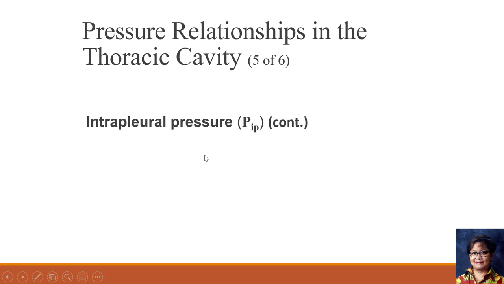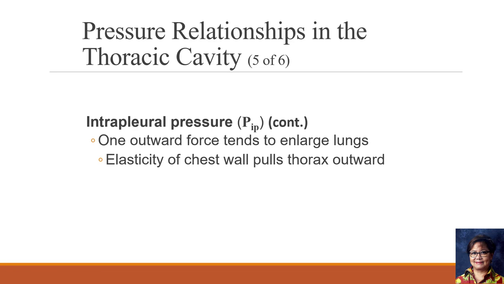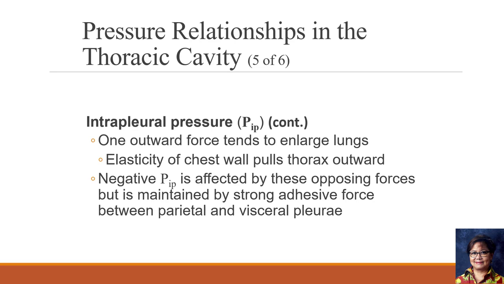So the intrapleural pressure, or the PIP, is the outward force that tends to enlarge the lungs. Elasticity of the chest wall would pull the thorax outside, and a negative PIP is affected by these opposing forces, but is maintained by the strong adhesive force between the parietal and the